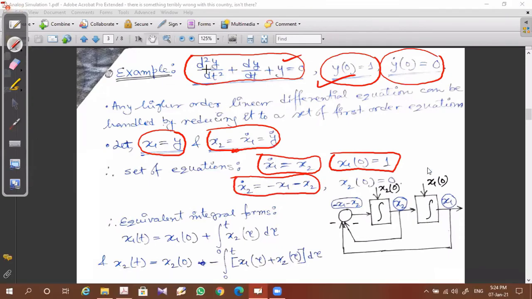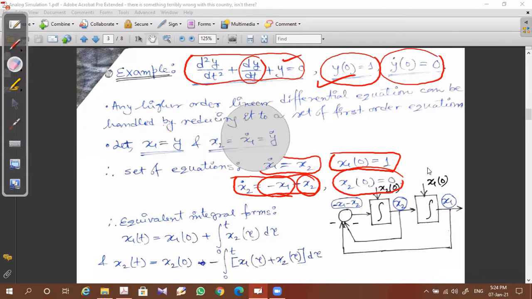So from this you get y double dot equal to minus y dot minus y. Minus y means minus x1 and minus y dot means minus x2. So this is the second set of equation with initial condition like this. So these are the two equations that we obtain